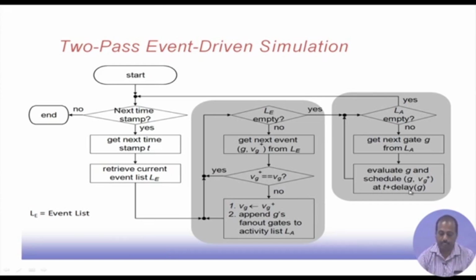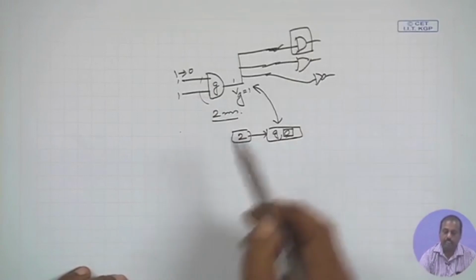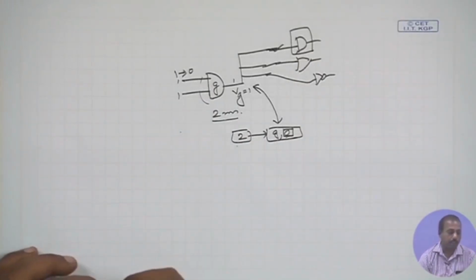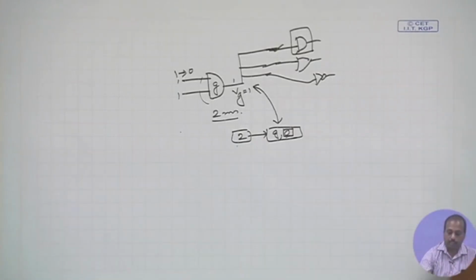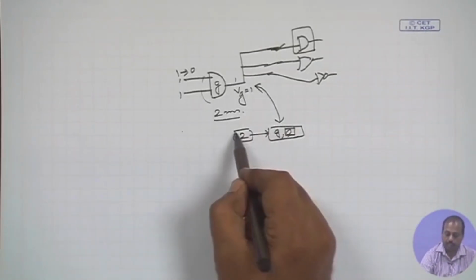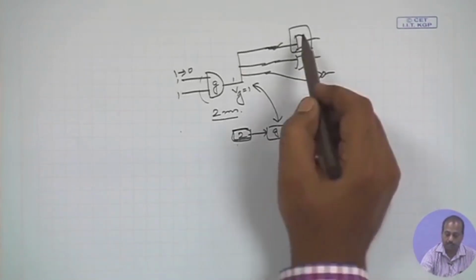So, as I was telling, now this gate has to be simulated. Now, when this simulation will be done, if this delay is 2 millisecond, that means after 2 millisecond time this gate should be simulated, that event should occur after 2 millisecond. So, this particular activity is added. So, then after say this is the